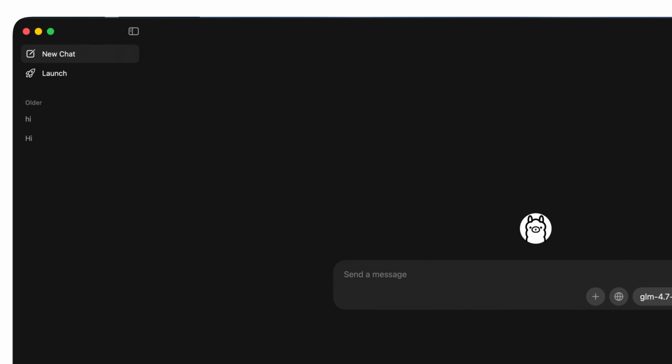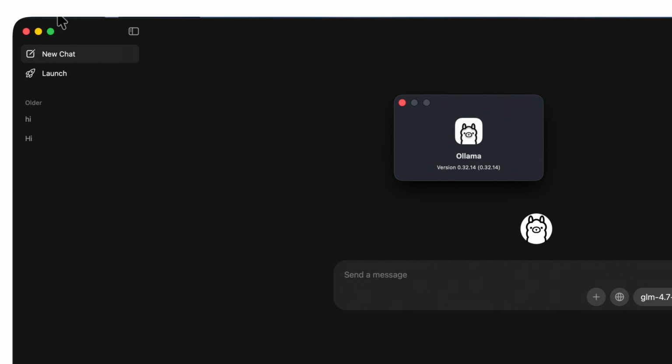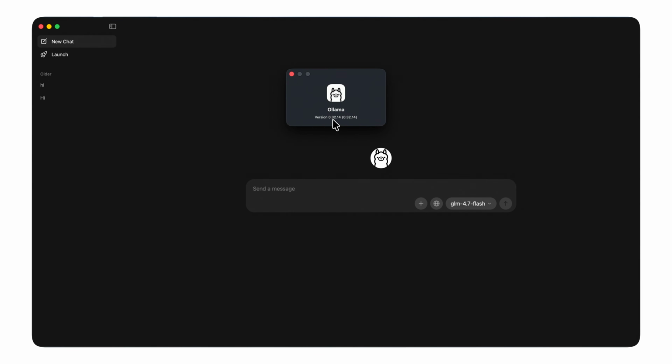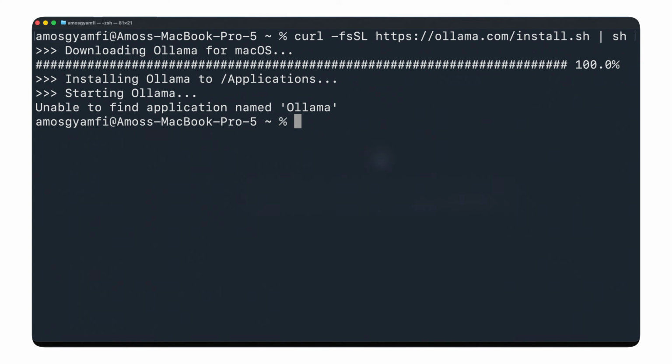I will go to the Ollama menu and select About Ollama. You will notice here I have the version 0.32.14. That is the latest version of Ollama. So to add the harness support for Ollama, we need to go to the terminal again and run the command